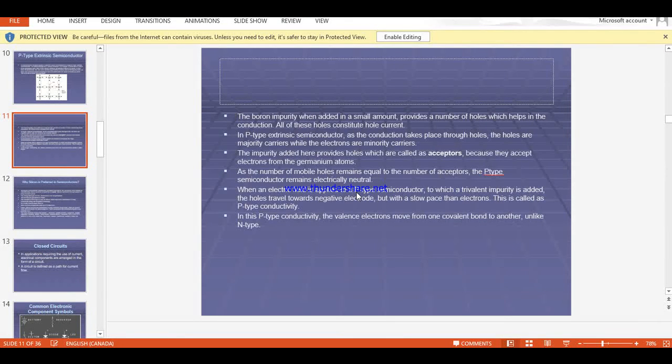When an electric field is applied to a p-type semiconductor to which a trivalent impurity is added, the holes travel towards the negative electrode, but at a slower pace than electrons. This is called p-type conductivity. In this p-type conductivity, the valence electrons move from one covalent bond